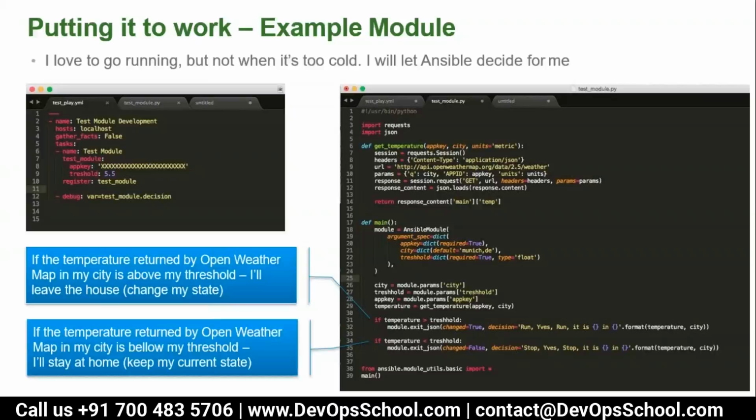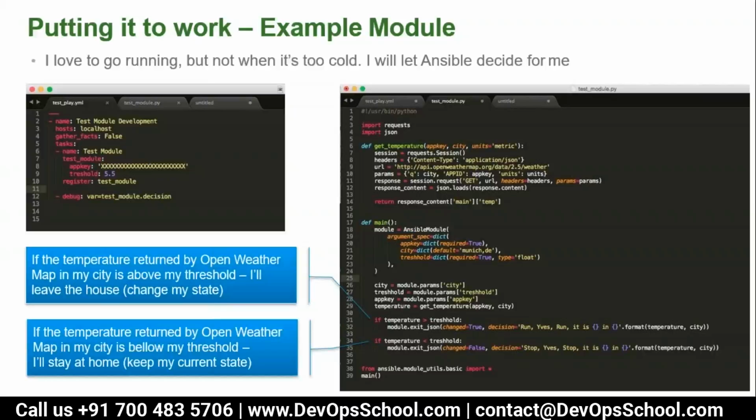That's a function, a program you have to write. But get temperature also requires 2 inputs. So you have to provide the app key and city name. And the city name here you set up by default, which is Munich, Germany. That means the app key you will provide through the module. If you are not providing the city name, by default it's Munich, and it will go and hit